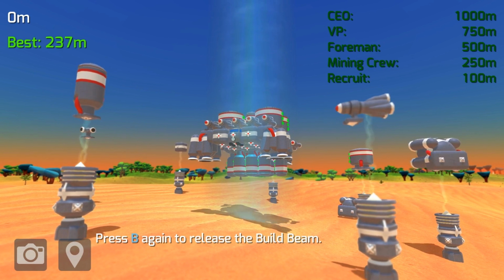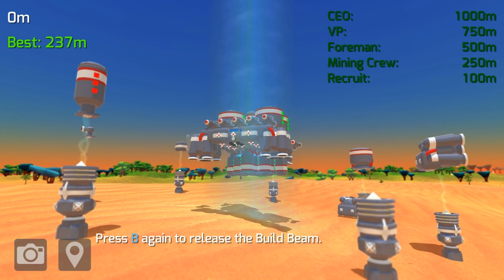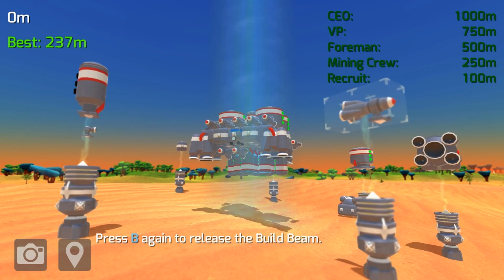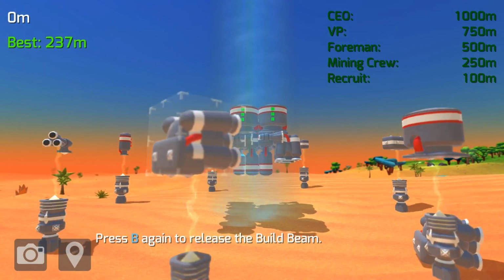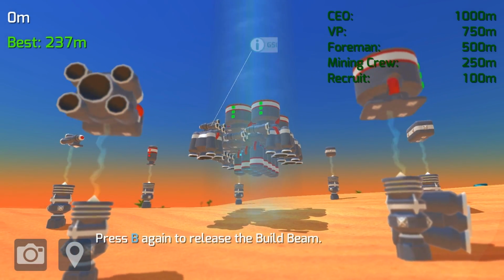I think I'm going to go ahead and put one more right there in the center. We'll put these things down here. I think we could actually use a few more of these somewhere on our bot to give us that thrust forward that we're really kind of lacking. Let's see, what if we...